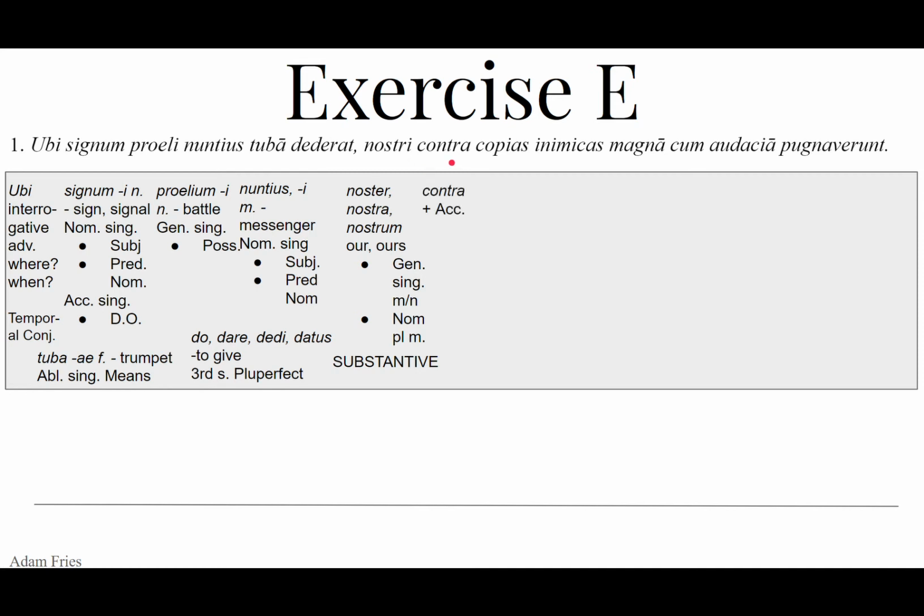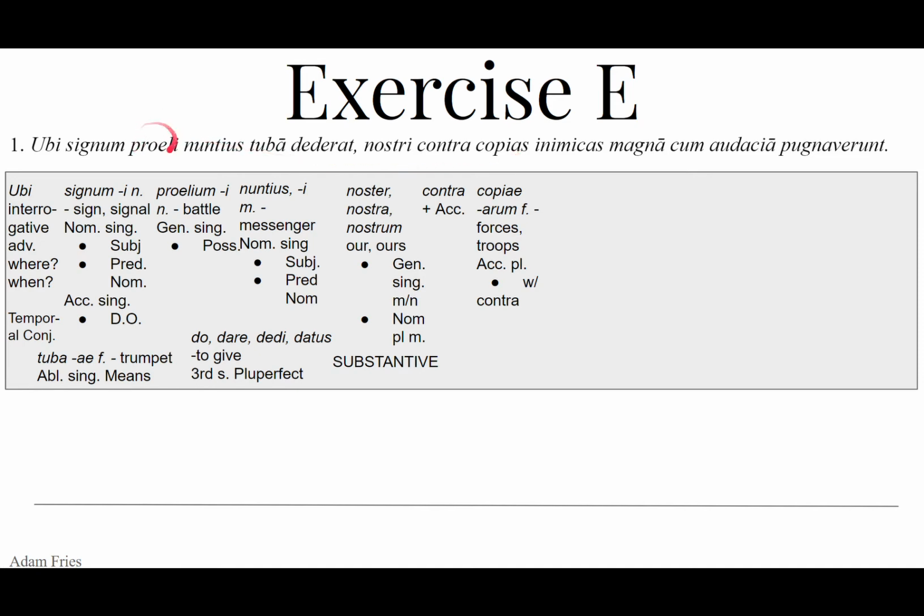Contra is a preposition meaning against, and it takes the accusative case. We're going against something. Copias, from copiae, arum, feminine, plural. This is the plural form of copia, feminine, meaning plenty or resource. In the plural, it typically means forces or troops, because a general's resources are his forces, his troops. They're the stuff with which he works. So this word in the plural typically means forces or troops, especially if you're reading military commentaries or histories in which battles are concerned.